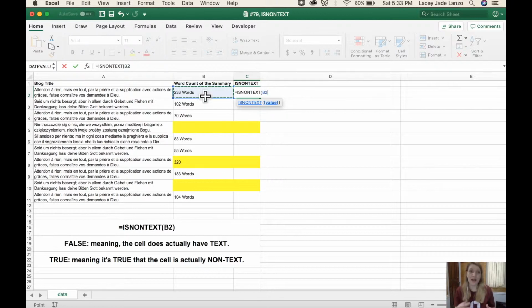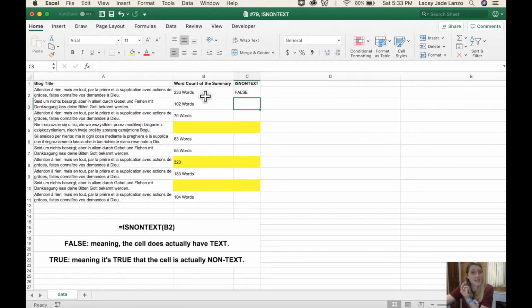And when you select cell B2, you always have to remember to focus on the one row. So we're working in cell C2 and focusing on the data in cell B2. Now we're going to click return or enter. It'll add that in parentheses and fix the formula to give a result. Now you can see here it is false. ISNONTEXT shows as false, meaning that the cell does actually contain text. And you can see here that this in fact does have a word count summary of 233